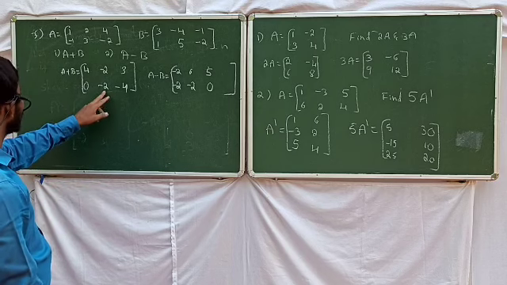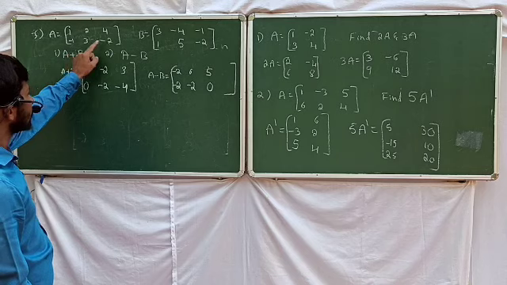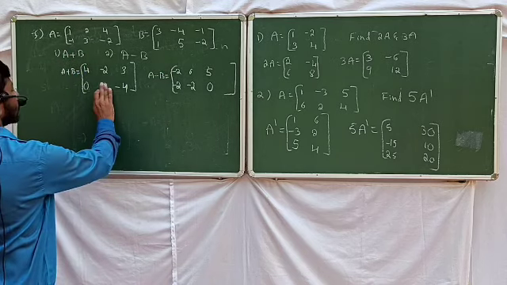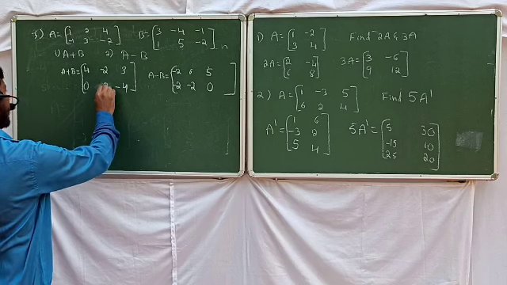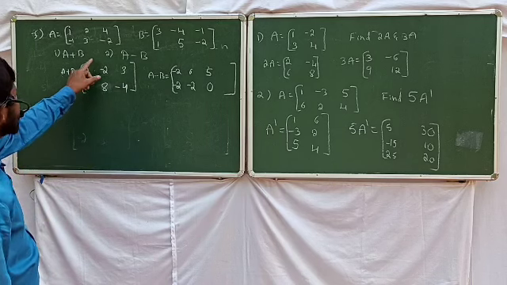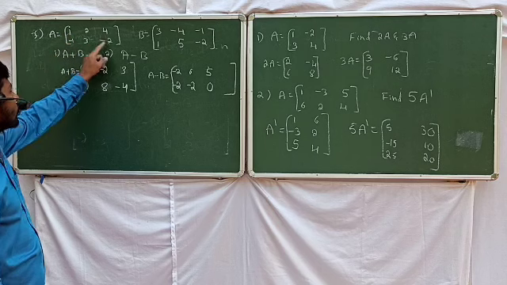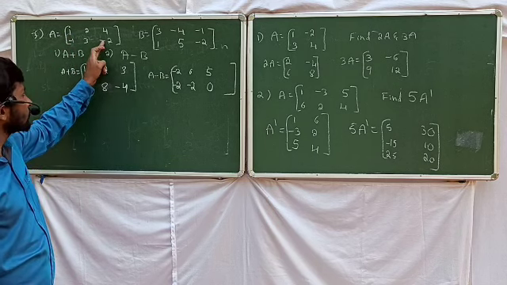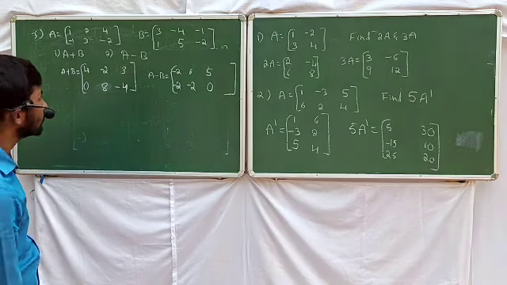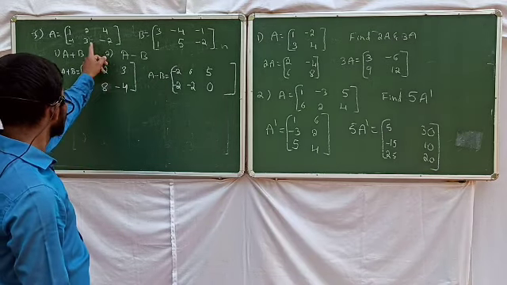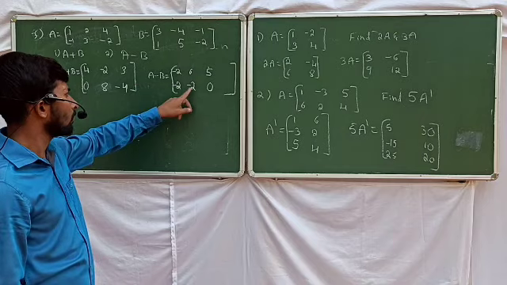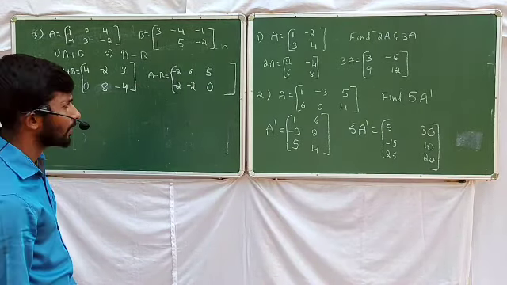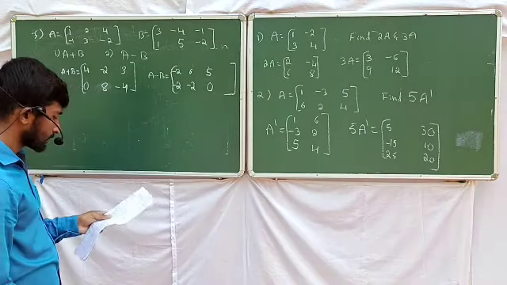Once check the A plus B value here, 3 plus 5, right, not minus. 3 plus 5, its value is equal to 8. Okay, here not minus 2 because it is addition: minus 1 plus 1 is 0, 3 plus 5 is equal to 8, minus 2 minus 2 is minus 4. But here see, subtraction is there, 3 minus 5, you will get minus 2. It's the value of A plus B and A minus B. Okay, next, fourth question.